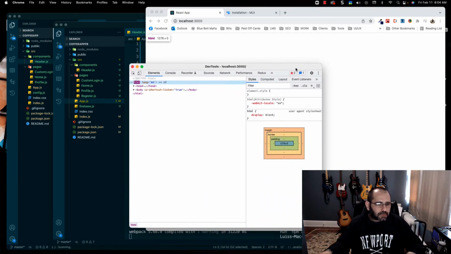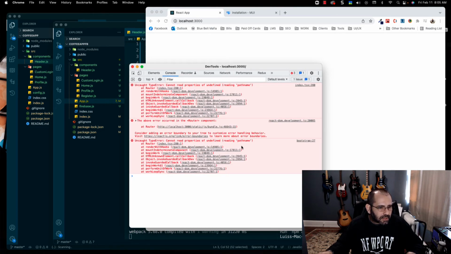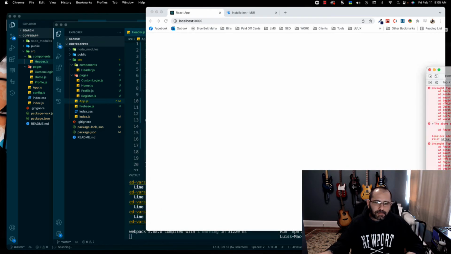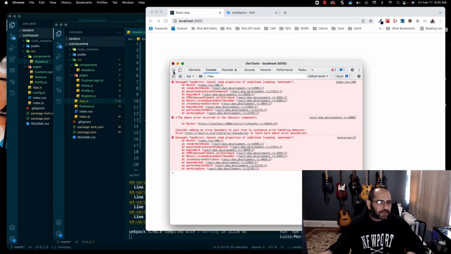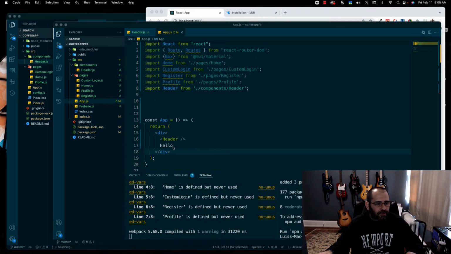Maybe because of the router, it needs to actually have routes in it. Cannot read undefined reading pathnames. Yeah, it has to do with the router. Yep. So it has to do with the router. I guess we need to actually have some routes in there. So what we're going to do is we're going to create